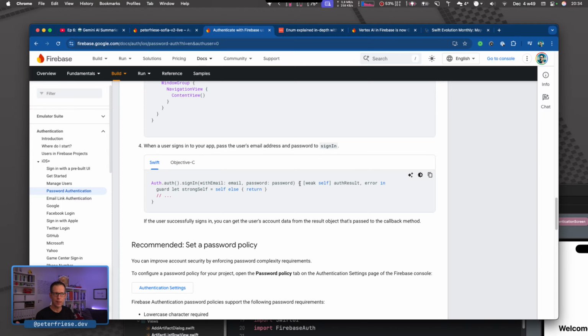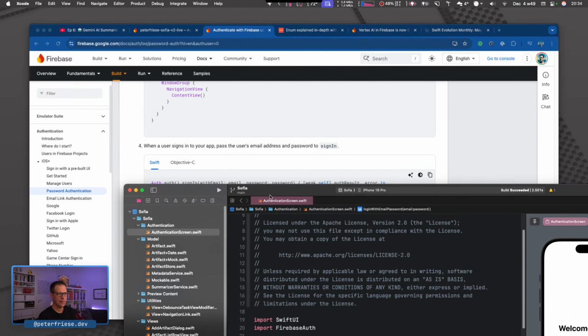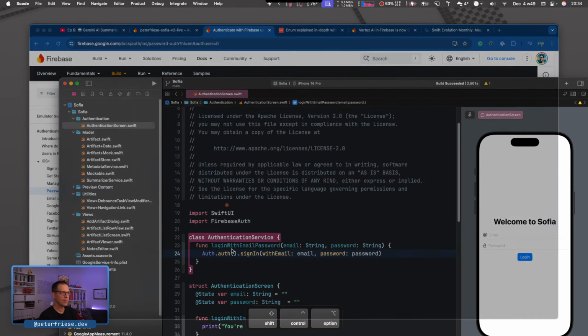Usually that's pretty quick, but for a computer, that's still a long time. It's an asynchronous operation, so it will return after a short moment. That means we need to wait for it, but we don't want to block. That is why we use the closure here. The closure gets called back when the result arrives, and then we can do something inside the closure. So that is one way to do it. Or we can use async await.